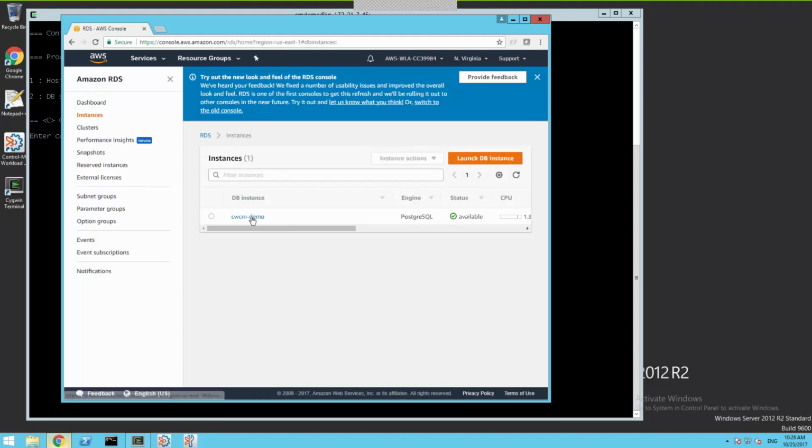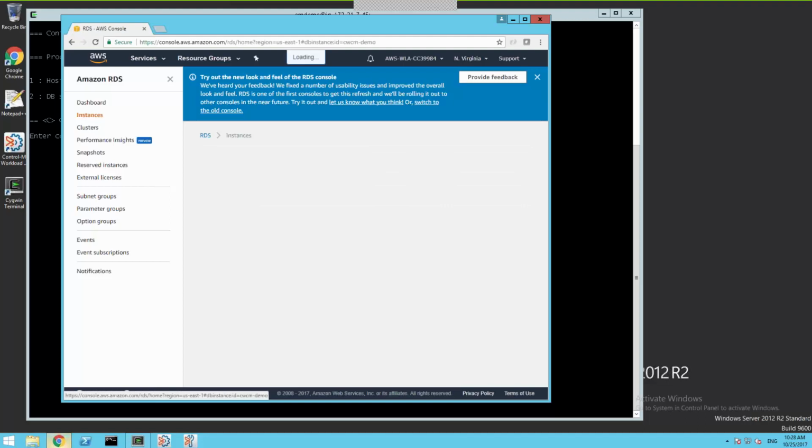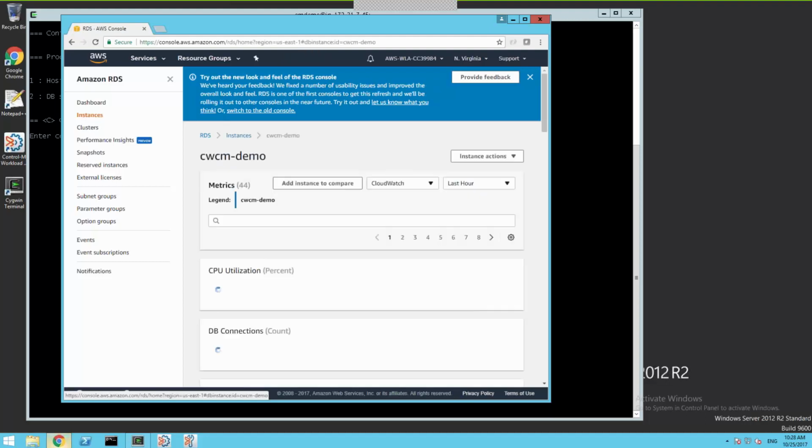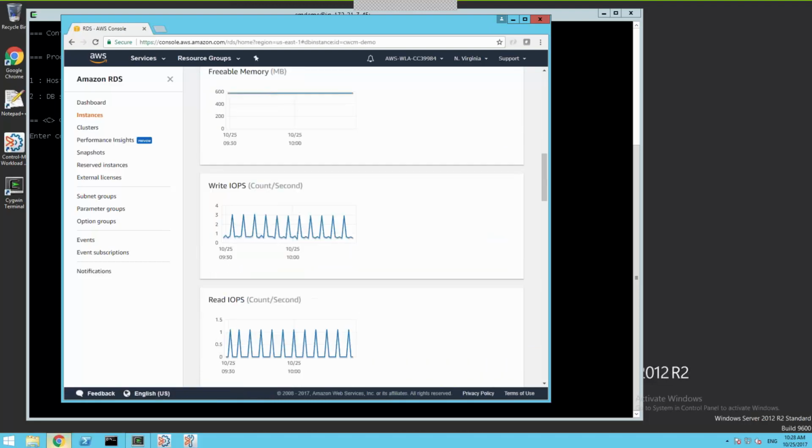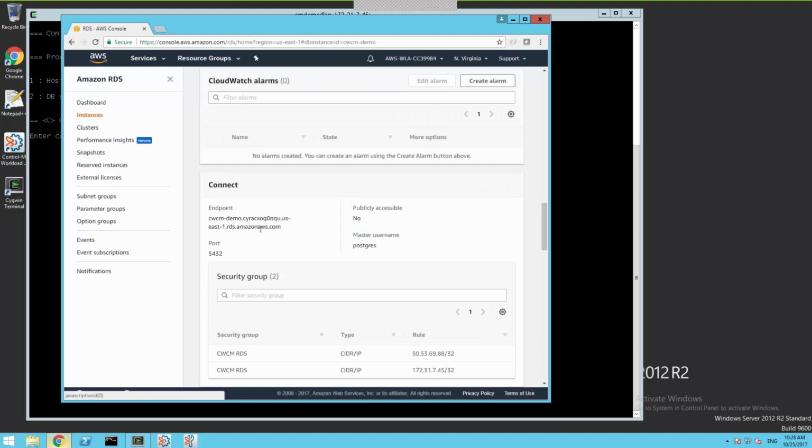I'm going to open the details of that up, and this is going to give me some charts based on usage and stuff, but below this, if I scroll down, I'm going to have some configuration details about the database, and this is the information that I'm going to use. I see here to connect to the database, I have an endpoint, and I want to specifically select that endpoint. So that's what I'm going to use for the host name, and we see the port